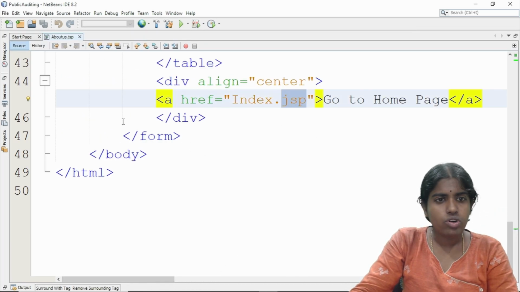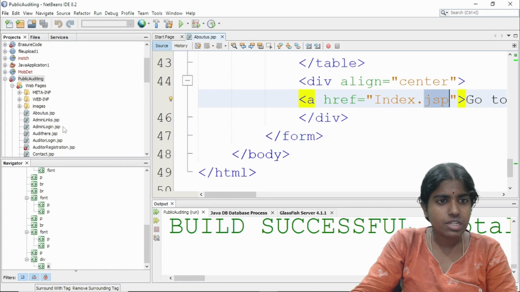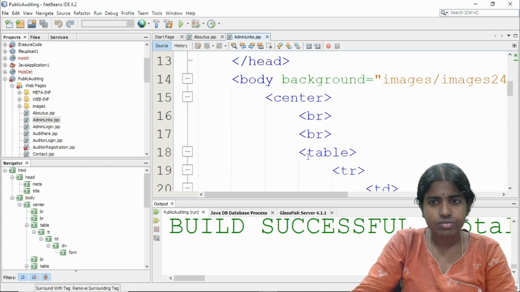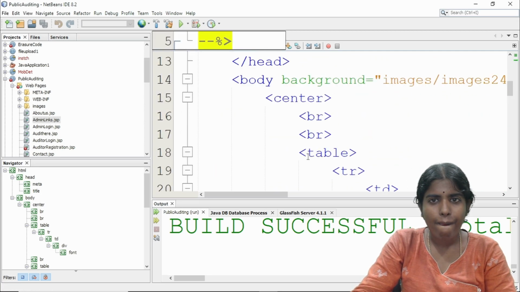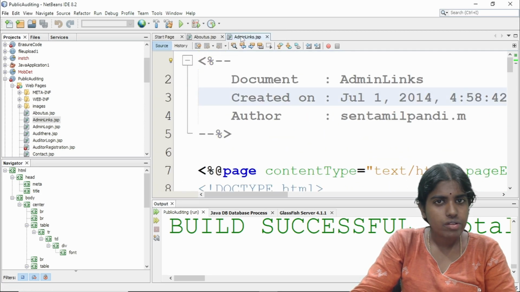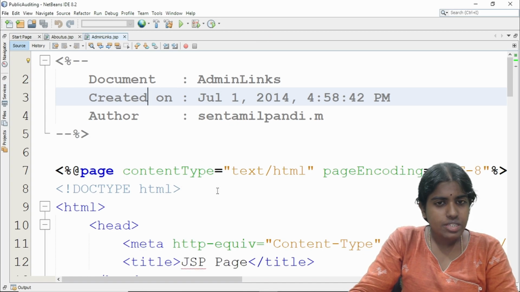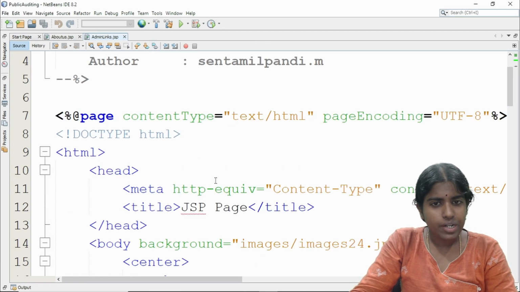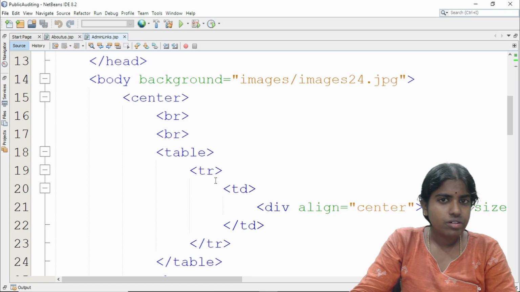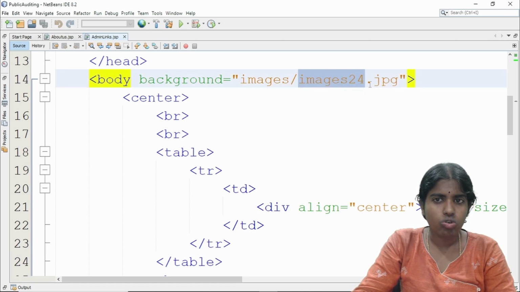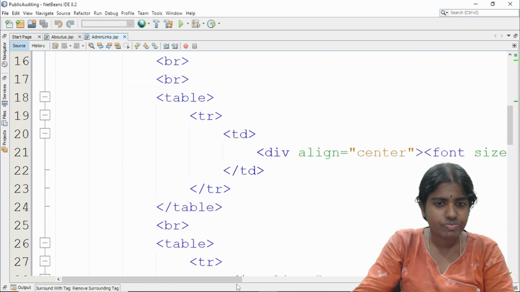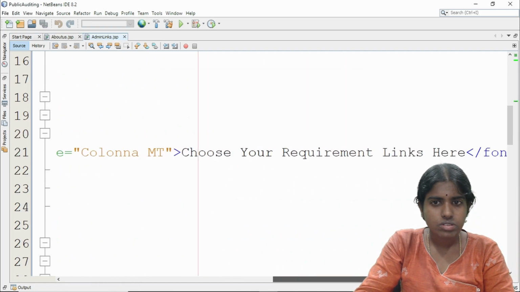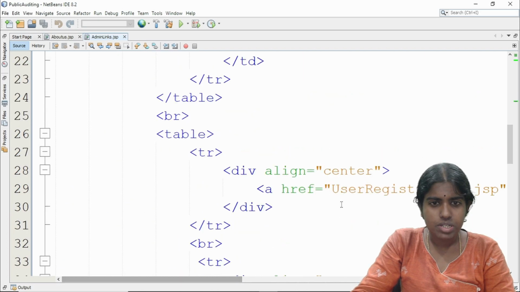So wherever I want to create some reference, I'm just creating some reference here. Inside this, I'm having this admin links.jsp for whichever pages I want to go to. So I can just have the links in my admin links.jsp file. So choose your requirement links here.